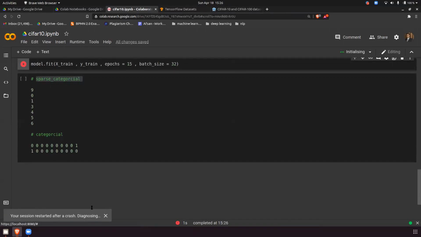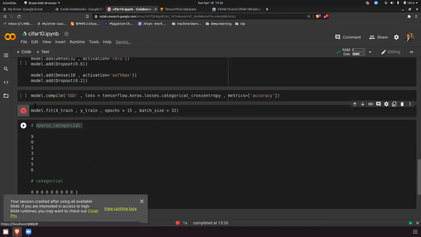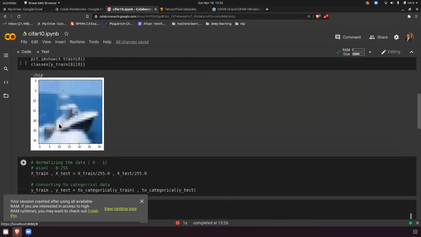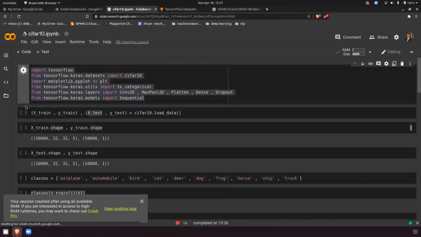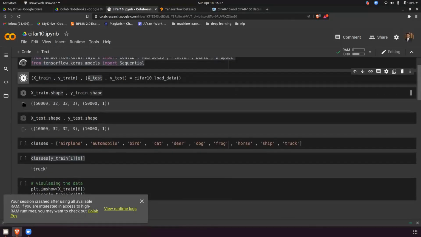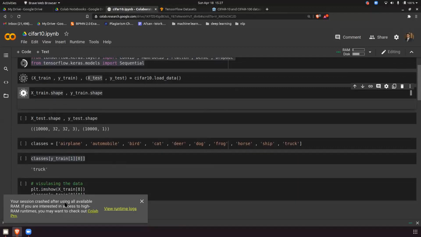Okay, your cell has crashed. So basically you got the logic. So why did this crash? For me also it got crashed, actually. Okay, because of RAM usage. Yeah, got it. See, this is a problem with Colab. Okay, this is a problem with Colab.